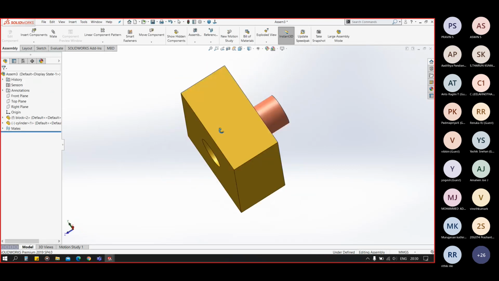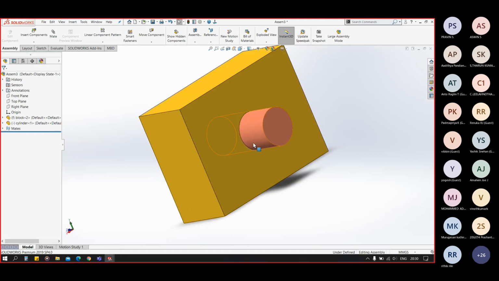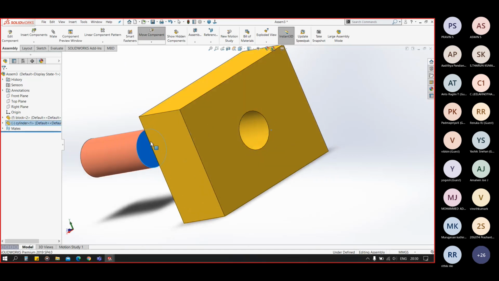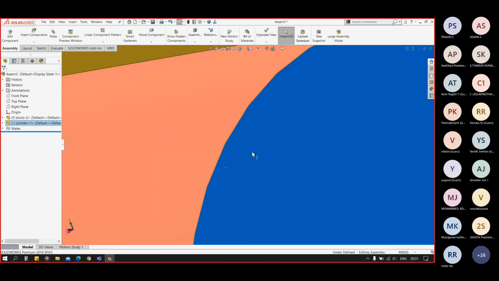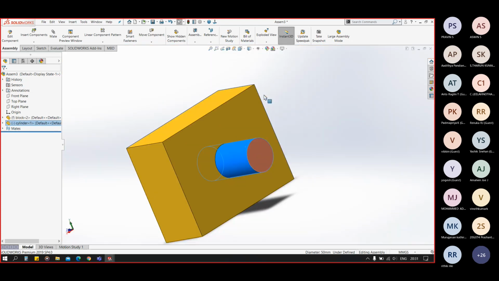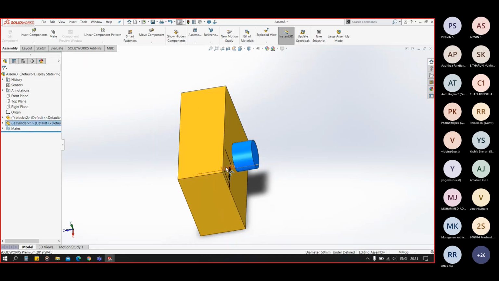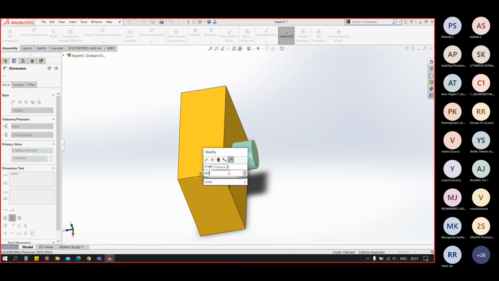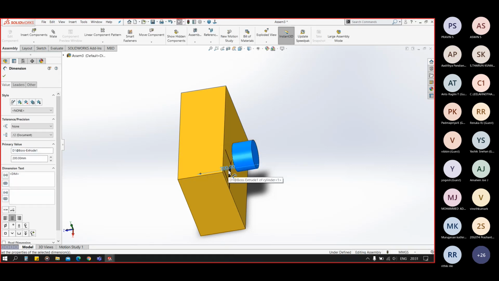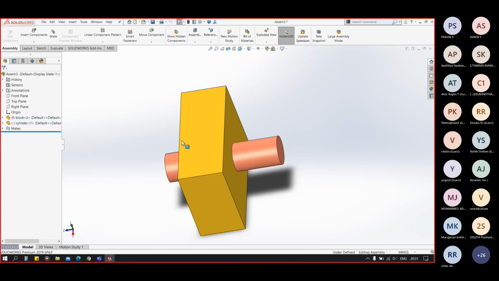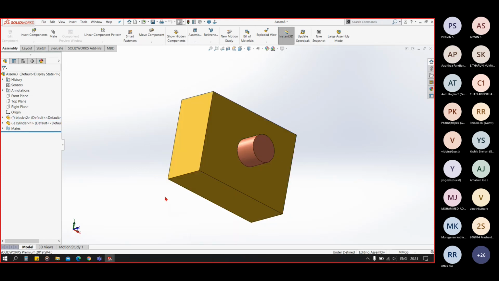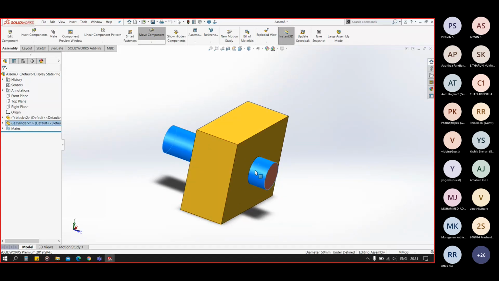you can see we have our cylindrical block inside the rectangular block, but it is able to move in this direction now, and also it is able to rotate freely. So we only have one constraint on it. Now let me increase the length of it. You can directly increase the length of any part, or change the dimension, by double clicking it in the assembly mode. Okay, so now we have added a concentric mate to it.